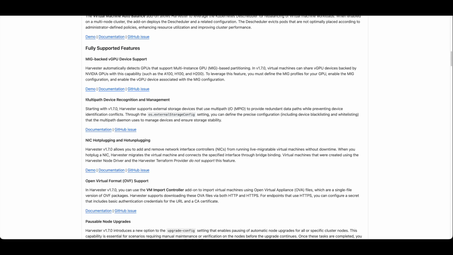Hi everyone, I would like to introduce a new feature in 1.7.0: multipath device recognition and management. Starting with 1.7.0, Harvest can identify external storage devices that use multipath I/O. Right now you can easily configure multipath device storage in the Harvest dashboard. I will show you a quick demo about how to use it in 1.7.0 Harvest, but